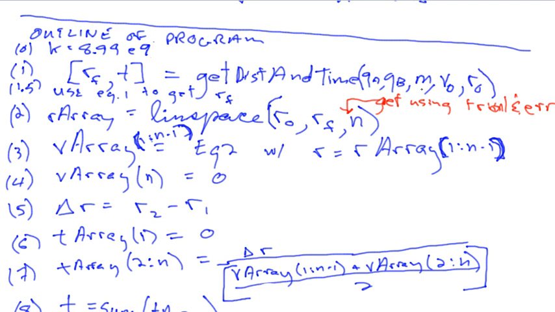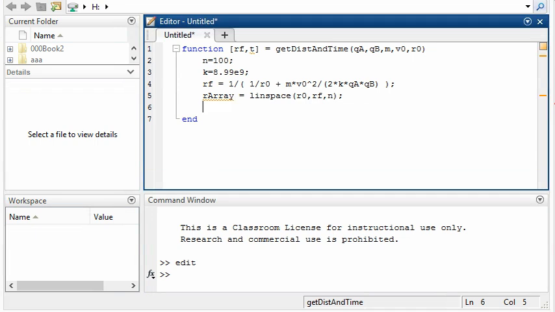Okay, let's find equation 2. I guess I'll try to get started with that. V array of 1 colon n-1. So it's all the elements of the array except for the last one, and I'm going to assign them using what I call equation 2,